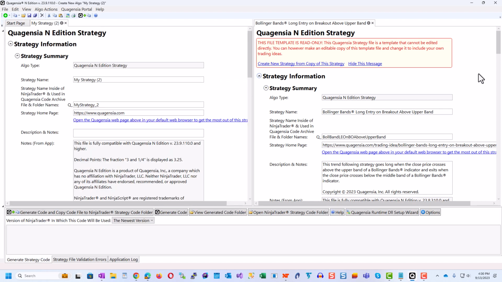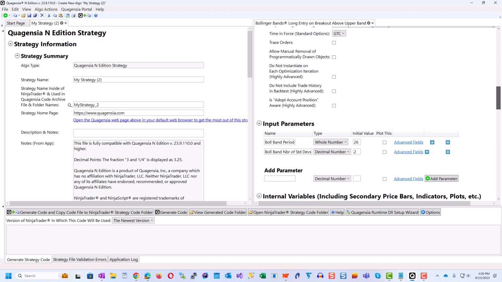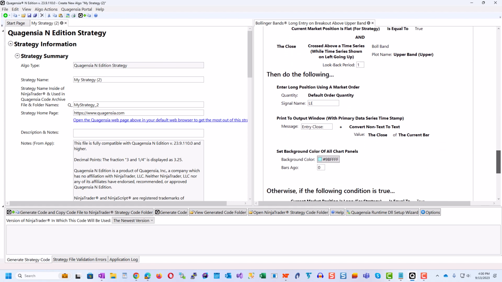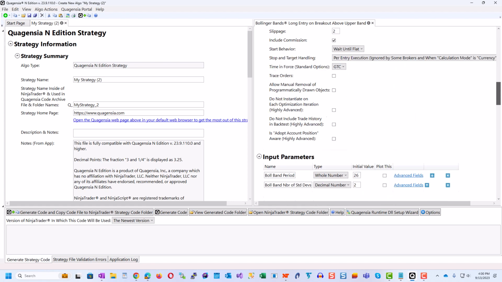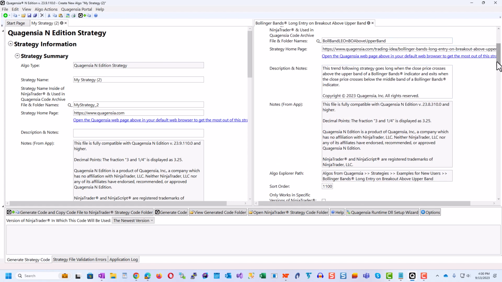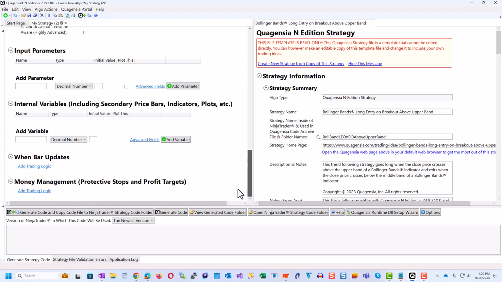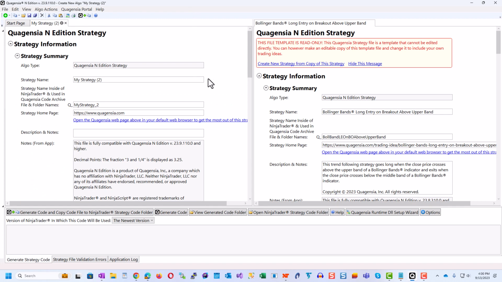At this point, we have the built-in strategy in the right pane with its indicator and logic. And we have an empty strategy in the left pane. Let's go ahead and build the logic from the right pane in the left pane.